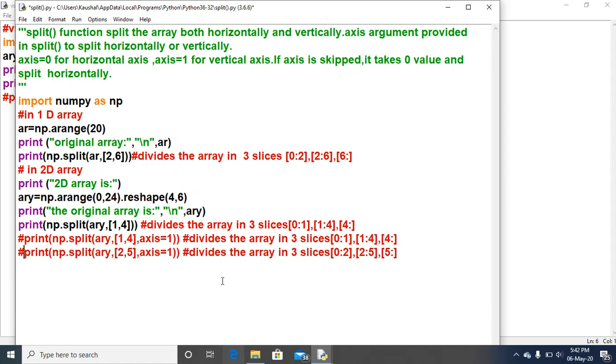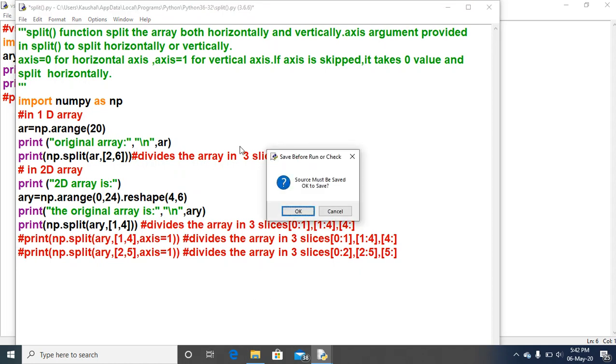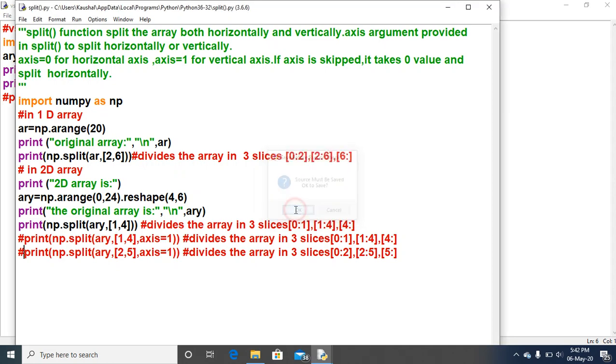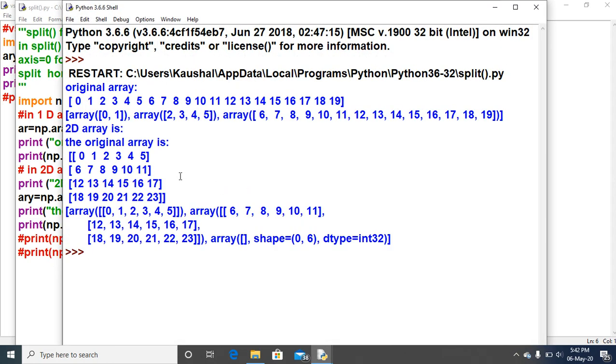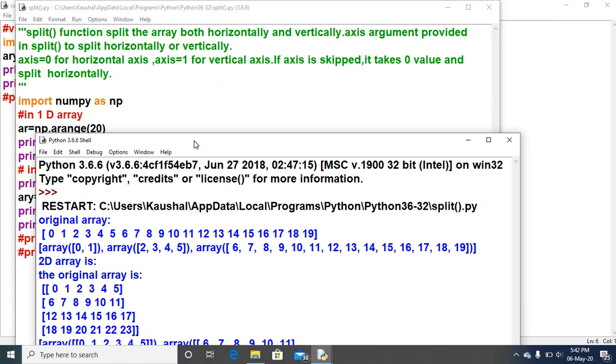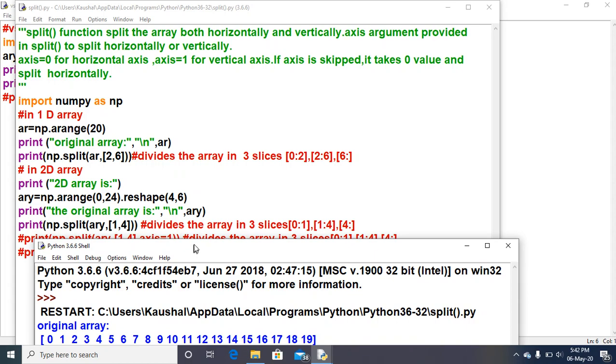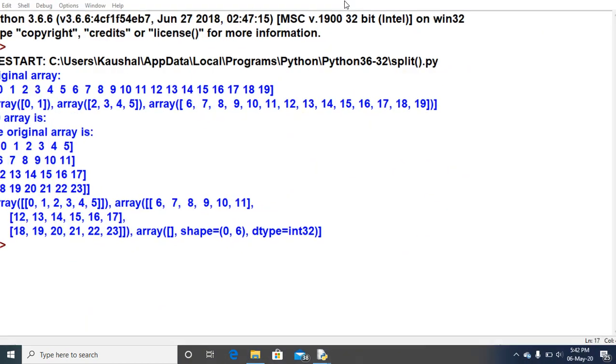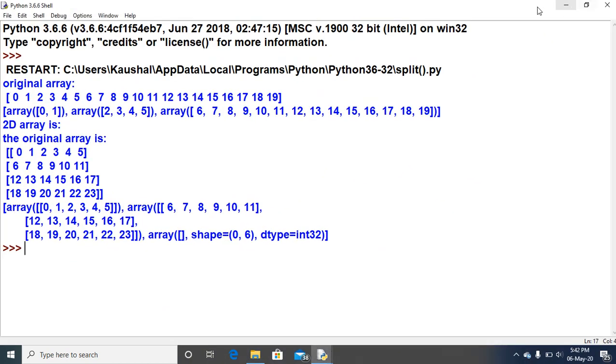I am executing it. Pay attention to the second array, because I already explained the first. The original array is 0 to 23, and these elements are now split horizontally.